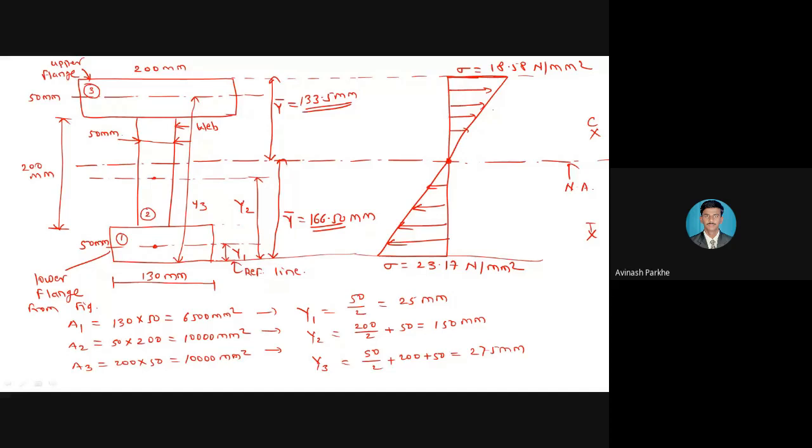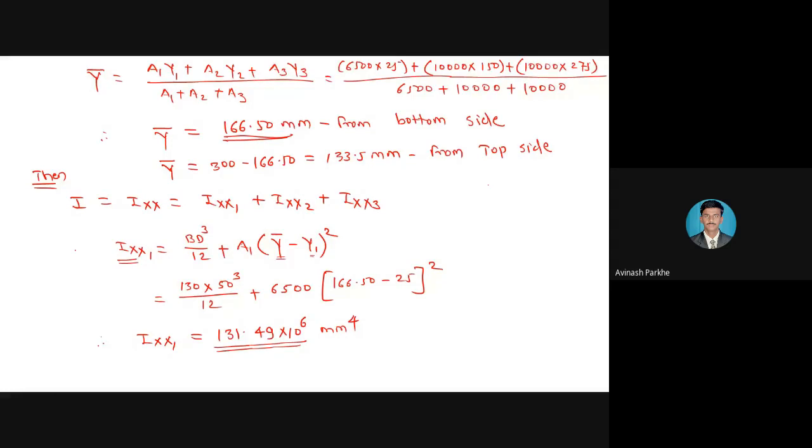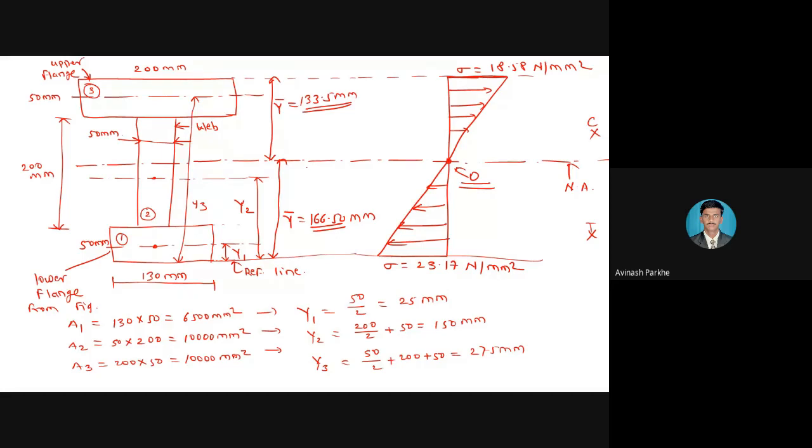From this, we can say that the stress is maximum at the top side, also maximum at the bottom side, but at the center the bending stress is equal to 0. So like that, we have to solve the numericals for the unsymmetrical I section. Initially I calculated A1, A2, A3, Y1, Y2, Y3, and all the distances are represented on the figure also. Then I calculated the Y bar distance by using the big formula because the section is unsymmetrical, and it is represented on the figure, meaning the position of the neutral axis from the bottom side.